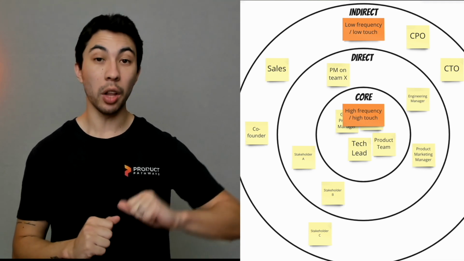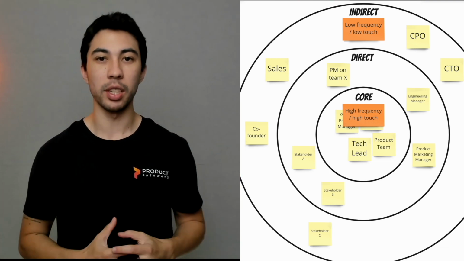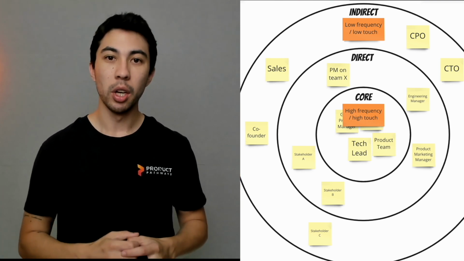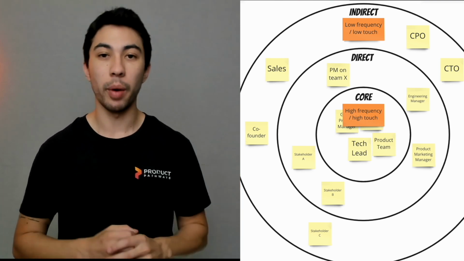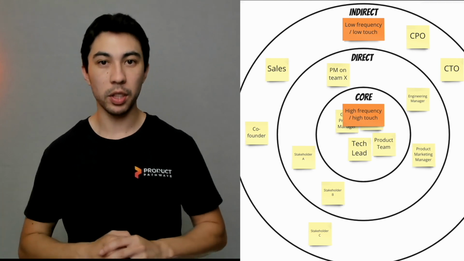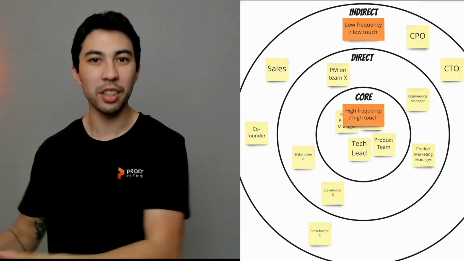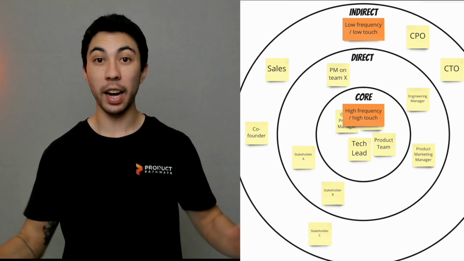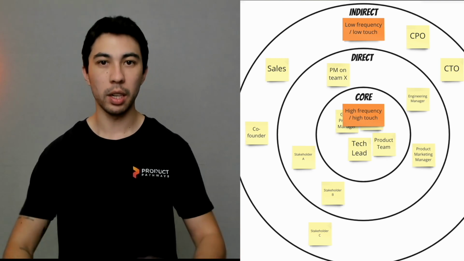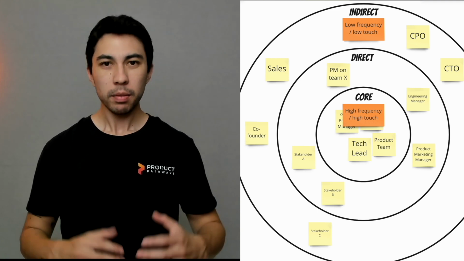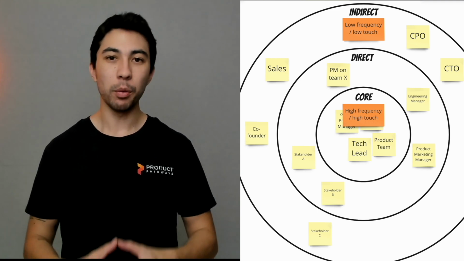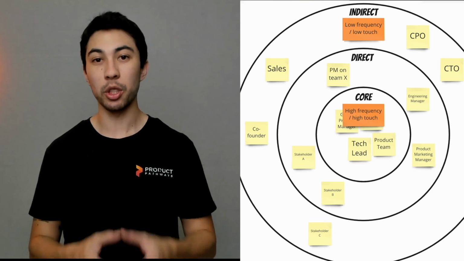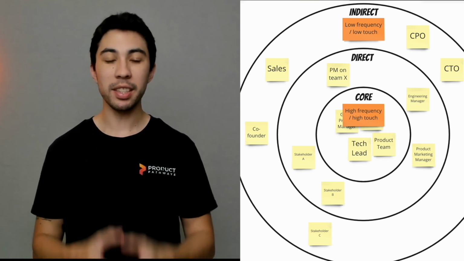We can either dial up the frequency as we get closer to the center and they become more important, or we can dial it down as we go out. We can dial up the level of touch and how much bespokeness and tailoredness we do for those stakeholders, or we can dial it down and just invite them to a generic forum or send them a generic update. So as an activity, when we're creating our stakeholder engagement strategy and plan, we want to consider where our stakeholders